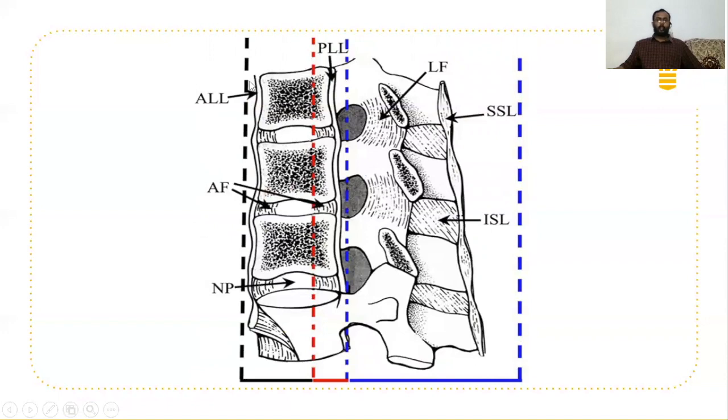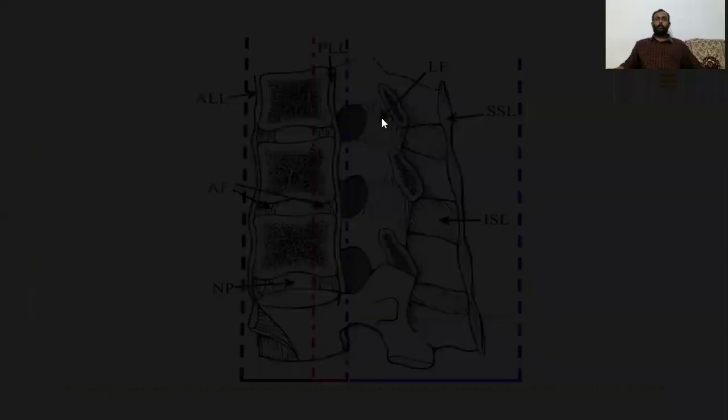Here in sagittal view, you can again see the anterior longitudinal ligament, which is connecting anteriorly, and the posterior longitudinal ligament, which is posterior to the body of vertebra but anterior to the vertebral canal, connecting the body of vertebra posteriorly and the disc posteriorly. Here you can see annulus fibers, and centrally located, the hydrated and gelatinous nucleus pulposus in the center of the annulus fibers. Here you can see ligamentum flavum, which is connecting posterolaterally.